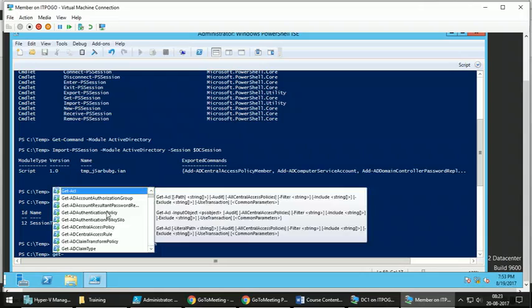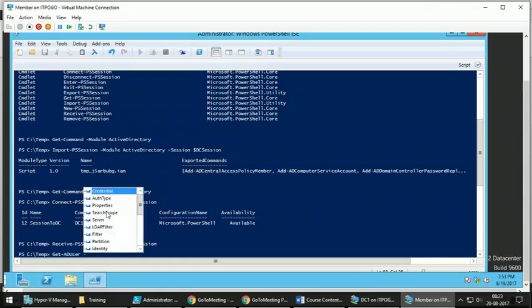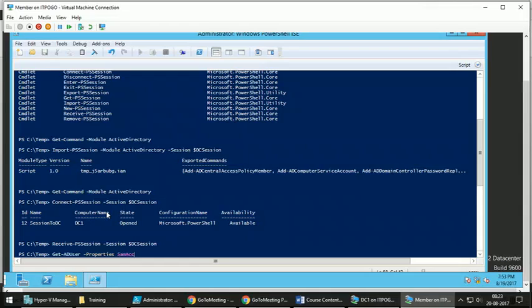For example, if I use Get-ADUser with the -Properties parameter, like SamAccountName, that is the only property I want, or I also want DisplayName, and -Filter star.